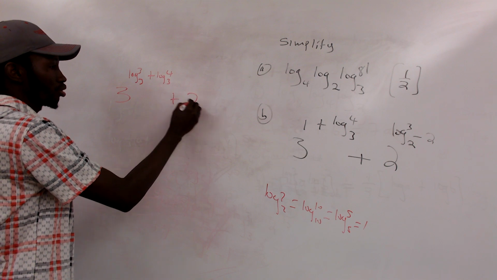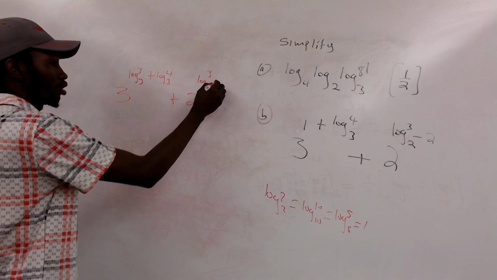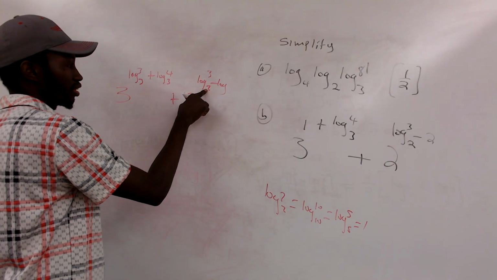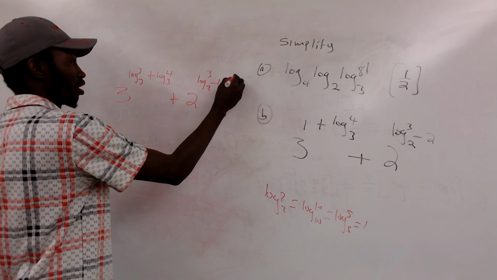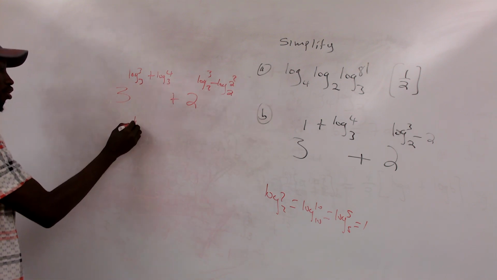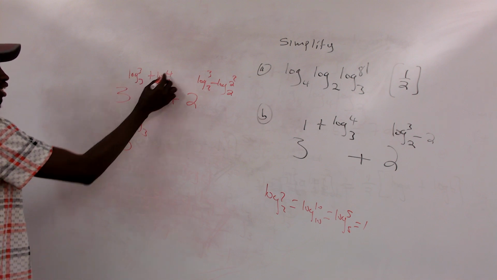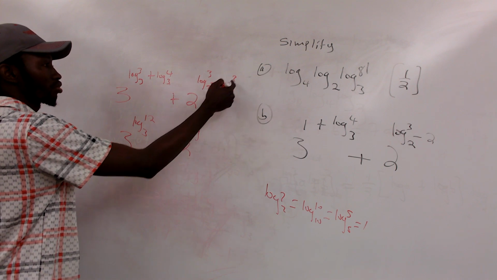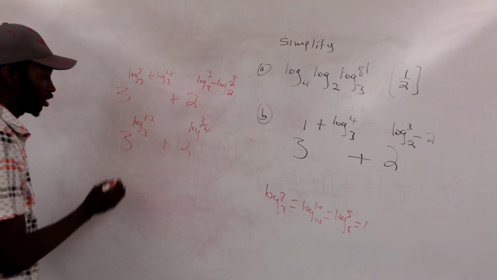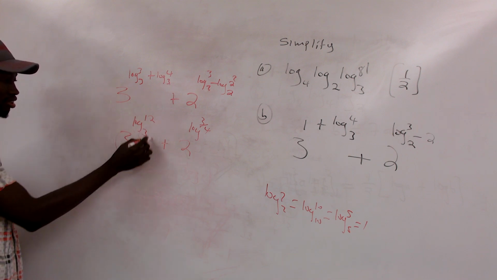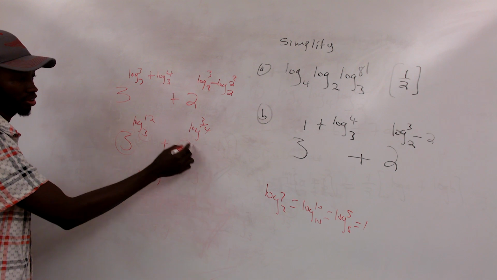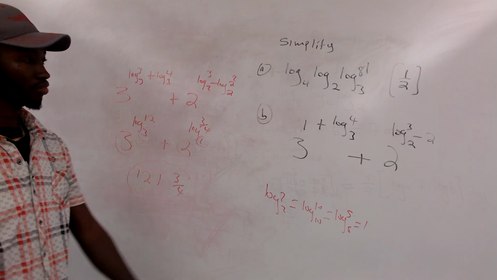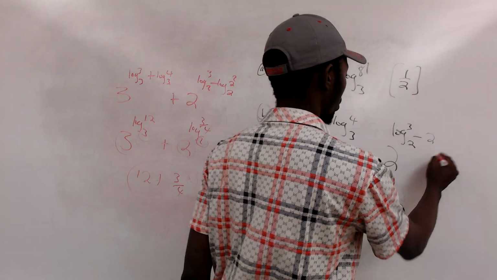So moving forward, 2 raised to power log 3 base 2, and this 2, its equivalent, since the base here is 2, it's going to be 2 square. So you combine this, you have log 3, the same base, 3 times 4, 12, plus 2, log 2 is the same, 2 square is 4, it's going to be 3 over 4. So at the end of the day, you can see 3 is the same, the answer is 12, plus this and this is the same, so the answer is 3 upon 4. So when you add this, you must have something like the answer for this one must be